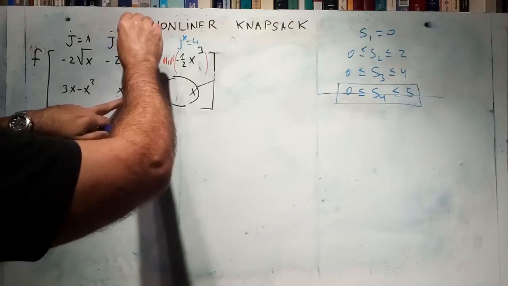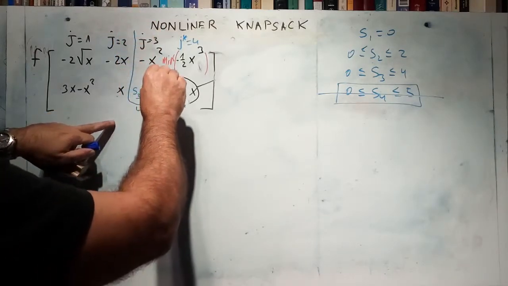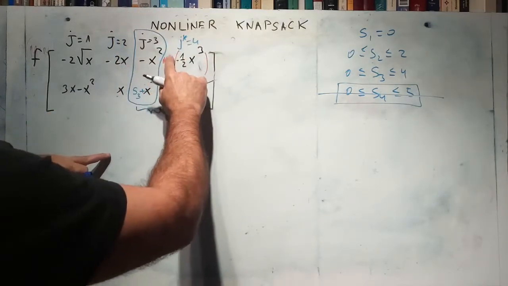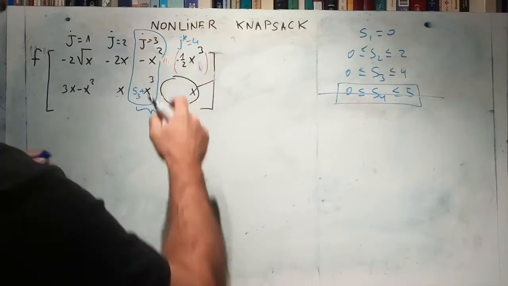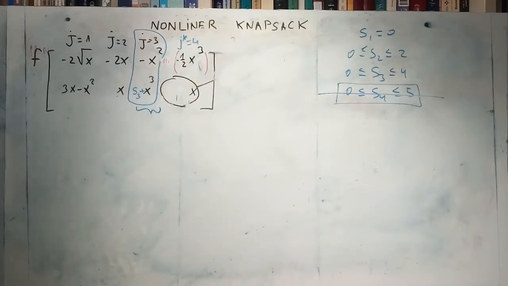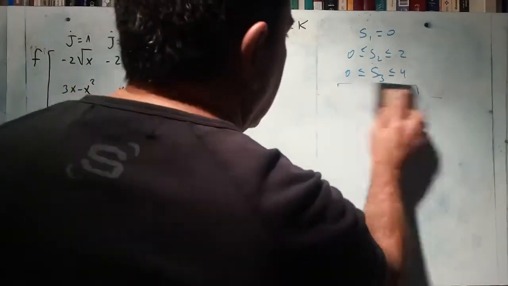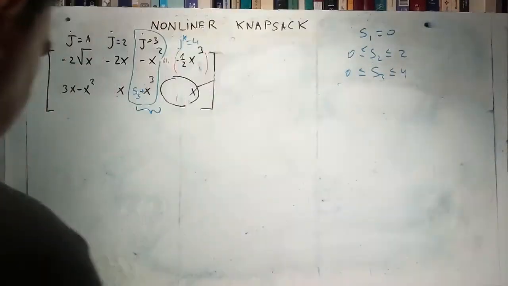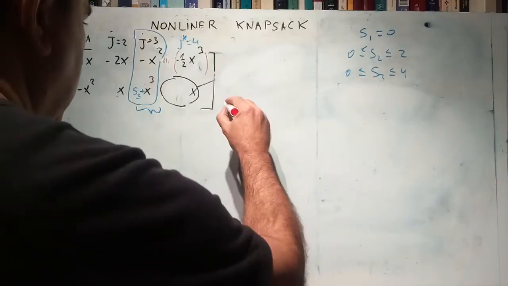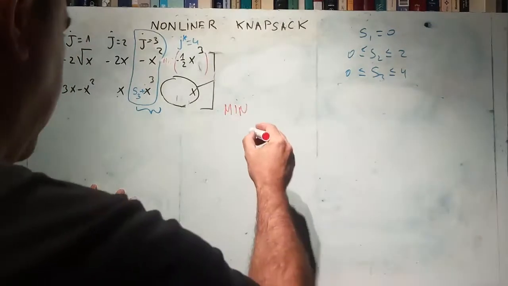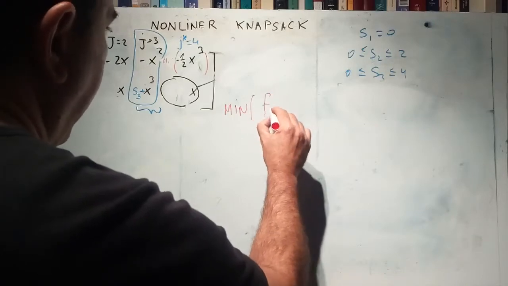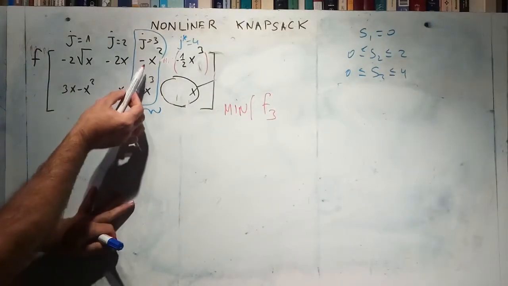So we are looking at this result, right? Forget about this minimum right now. And now what we are trying to do is this. We are trying to minimize the value, let me put it in red, the value of f3 minus x squared